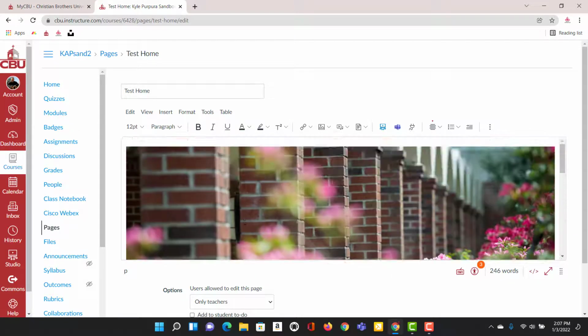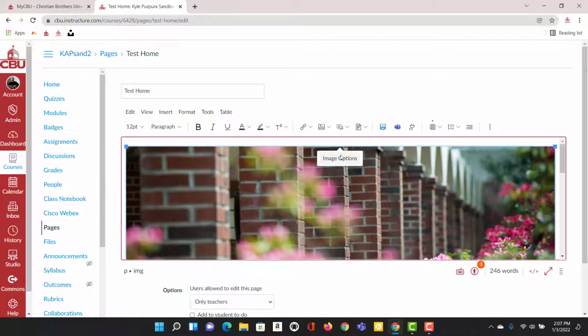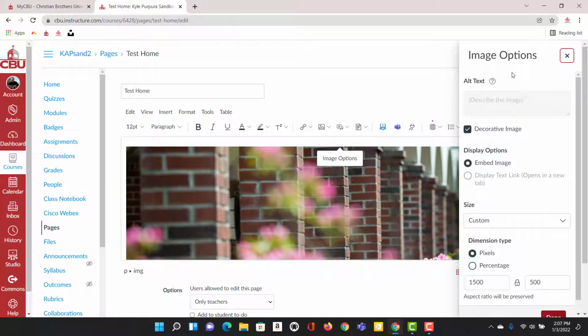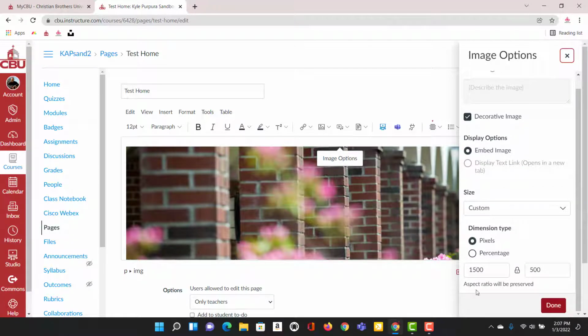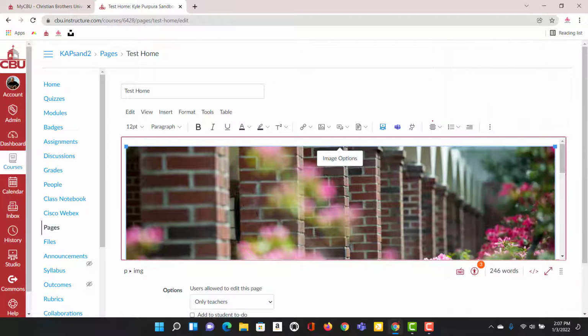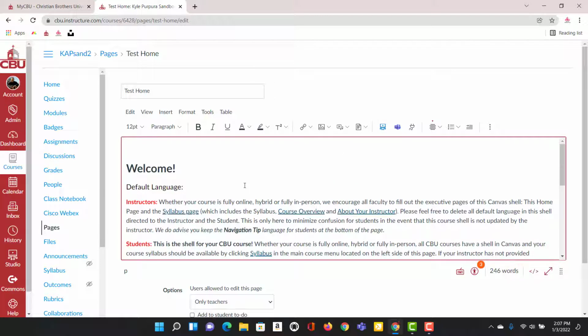And if you want to do that, let's just say, for example, that I want to change this image here. I can click on it and click Image Options, in which case a drawer opens from the right, which allows me to change some of the dimensions of the existing image if I want to. If I want to delete it, I just highlight it, and I can either right click and delete, or I can press the delete button on my keyboard, and that deletes that picture. If I then want to add an image in here, just place my cursor in,